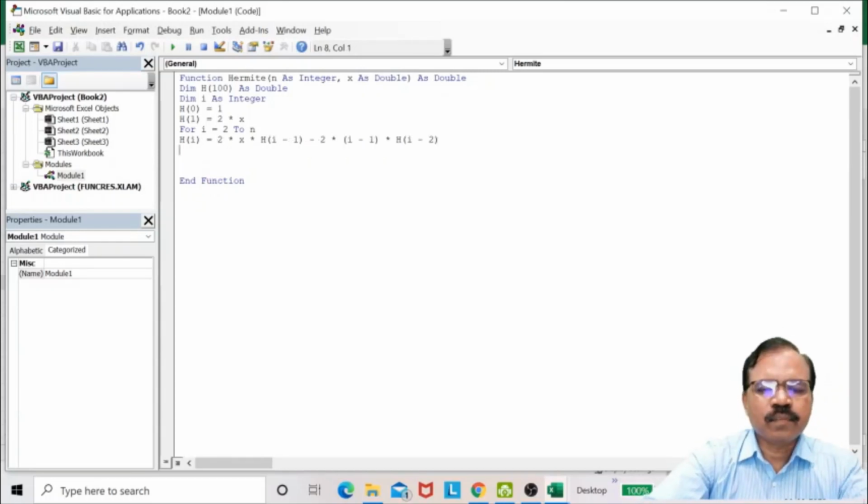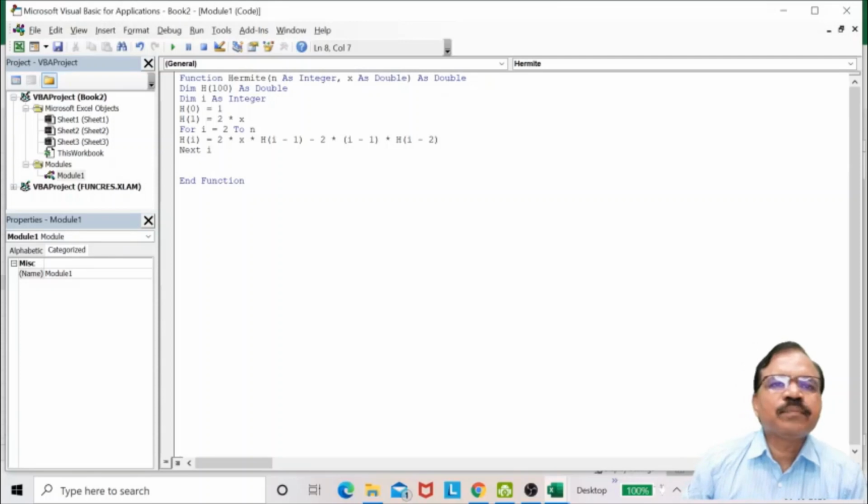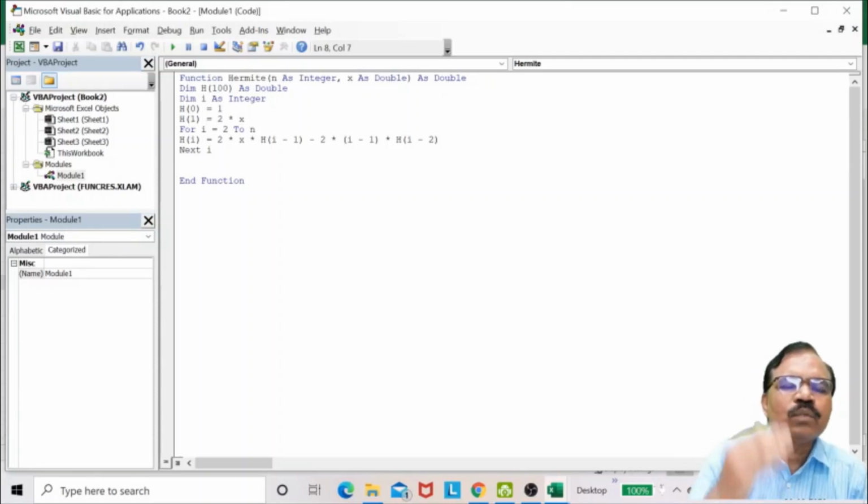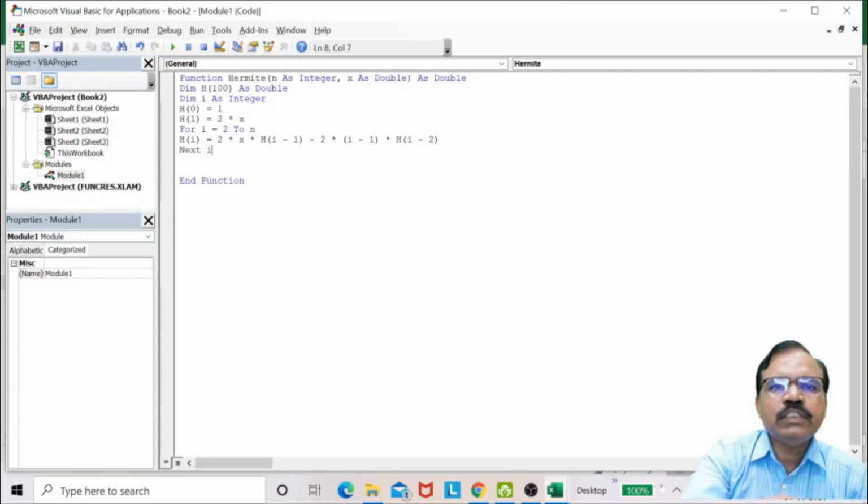And here, Next i. The meaning of this is, I will increase by 1. So first it will take i equal to 2. So it will find h2 using h1 and h0. Then i will become 3, and it will find h3 using h2 and h1.